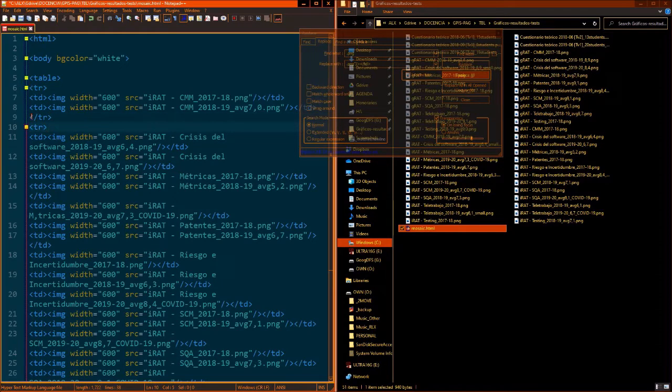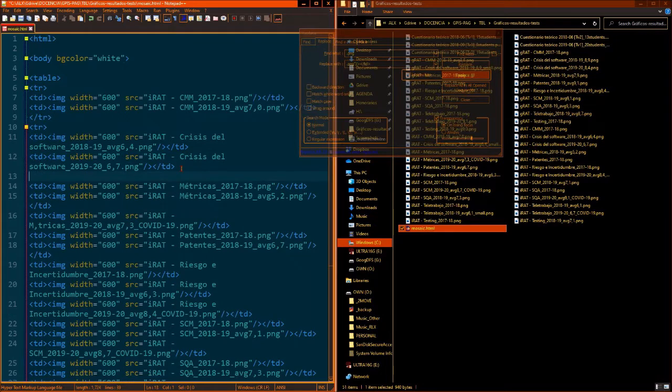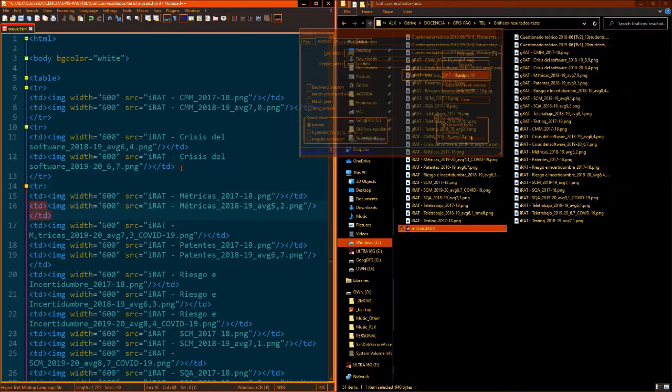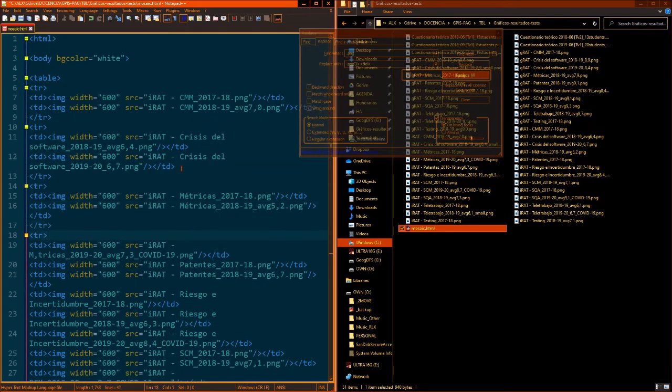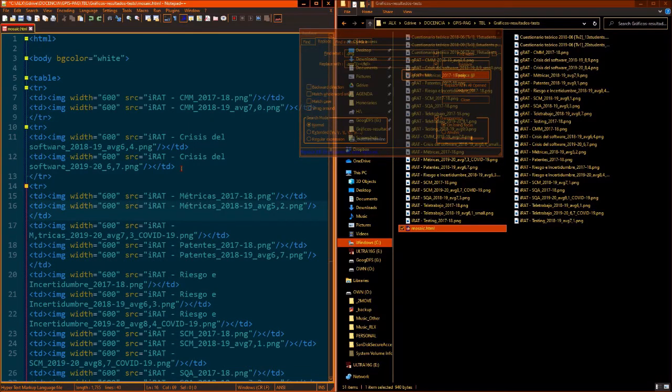So now I will just copy paste this ending of a TR and the starting of the next TR, and I will go over the places where I want to separate this and just paste the thing. So for instance, here we end the metrics group of images, and then we have, oh no, sorry, I'm going to undo this. Delete. I had another metrics here, so we have three images for the metrics.